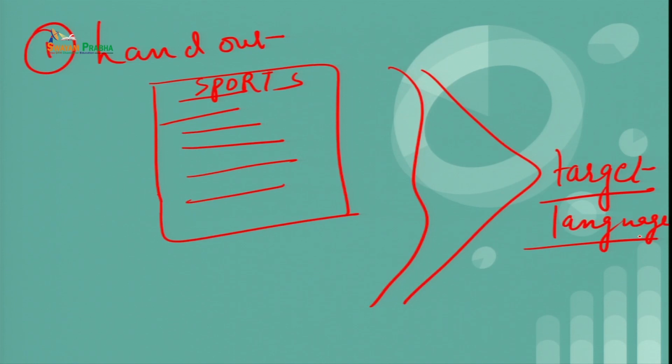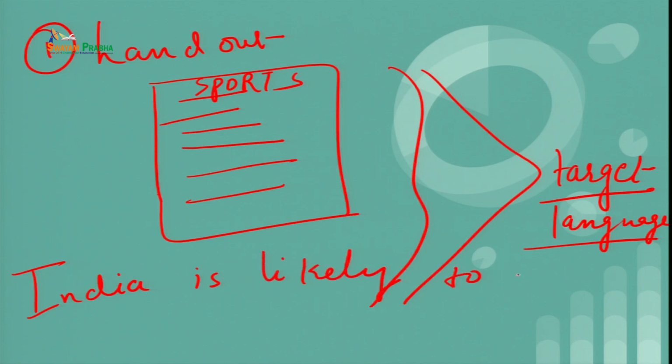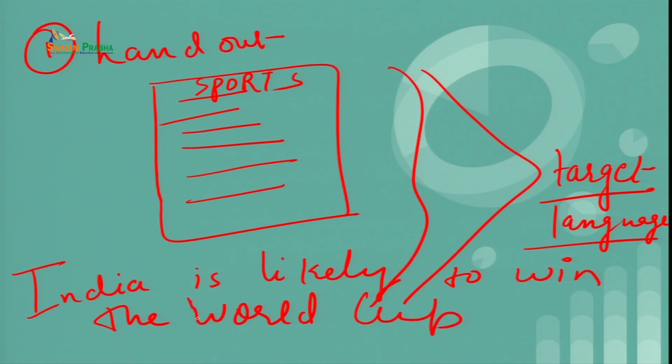So the teacher gives the instruction, and the teacher writes some predictions on the blackboard. So what are these predictions? For example, if the teacher writes, India is likely to win the World Cup this year,